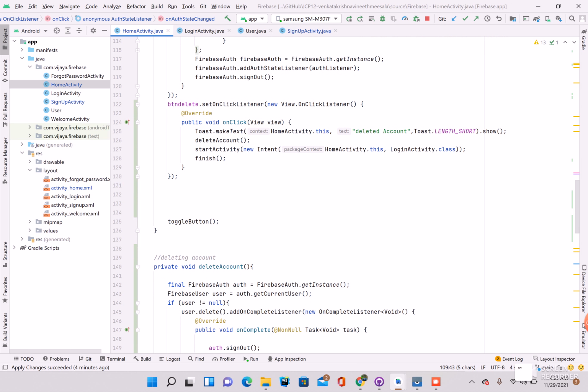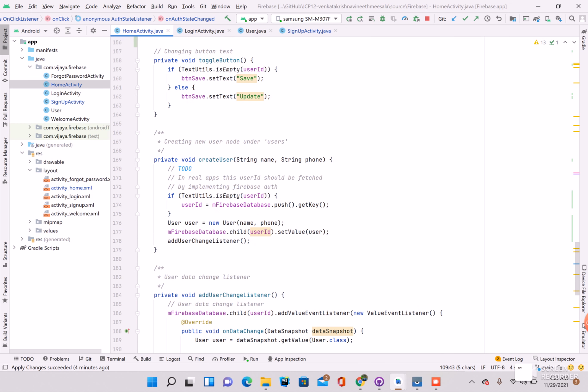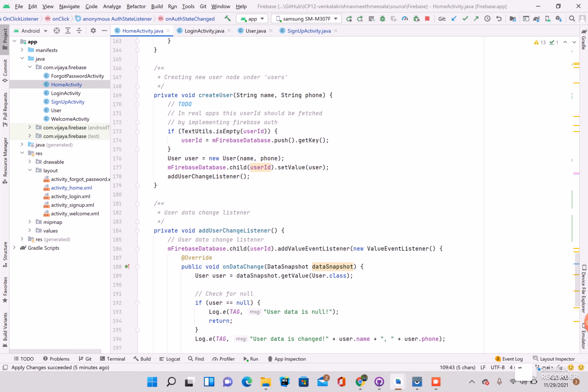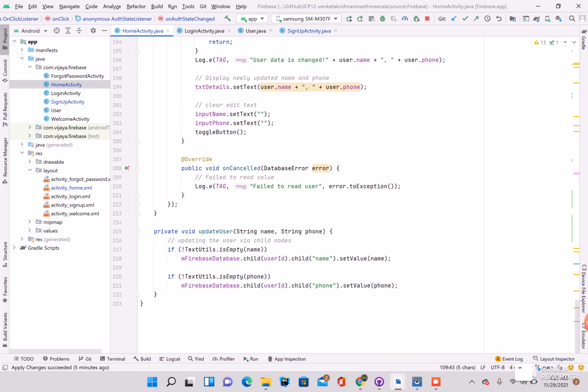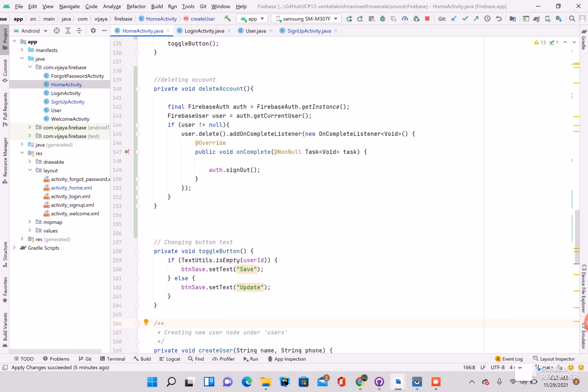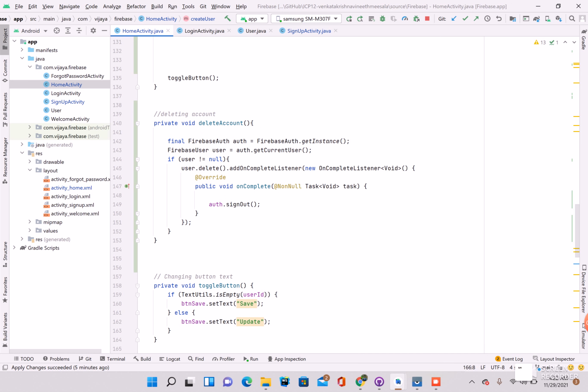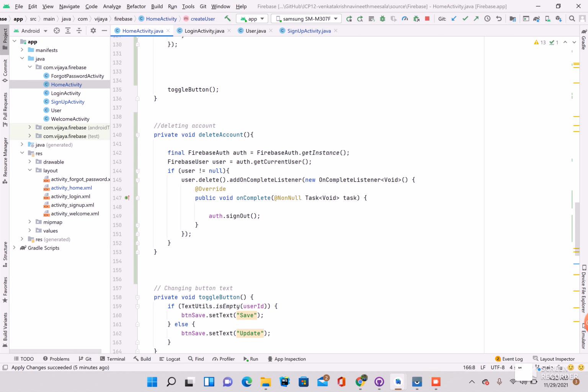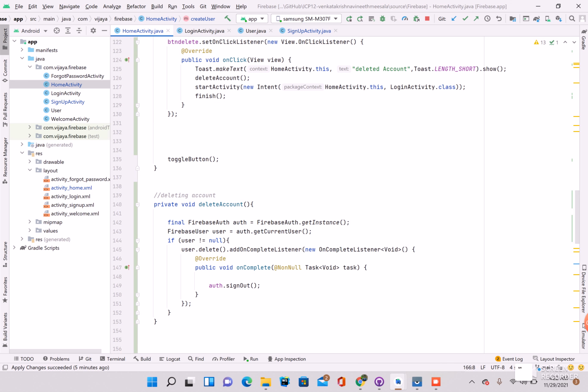Later on, for the button delete, whenever I click this button it does a function called delete account, in which my account details are taken from the user. If the user is not equal to null, then the user is deleted completely and signed out from the system. So these are the two buttons, and coming to the output of these two,